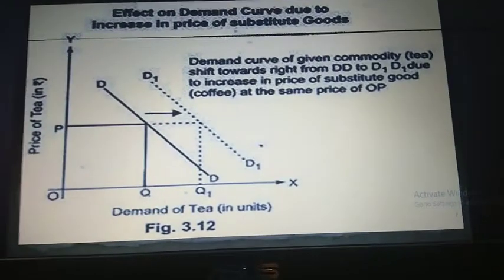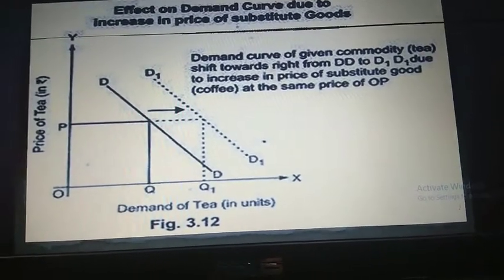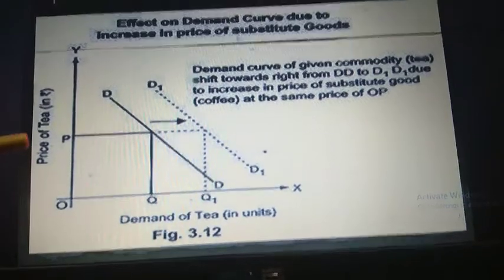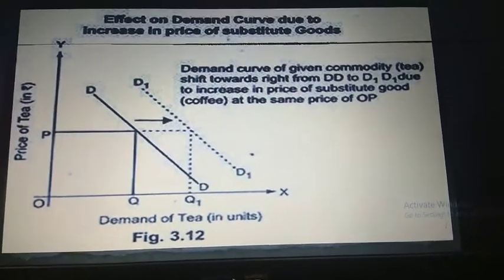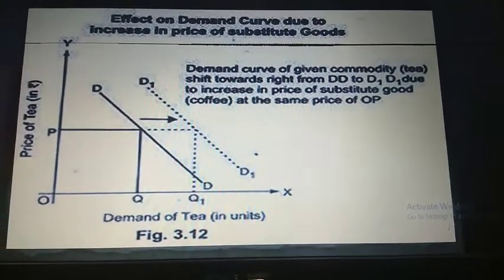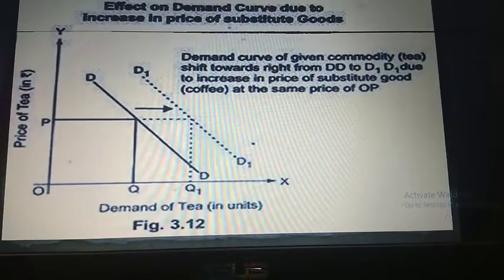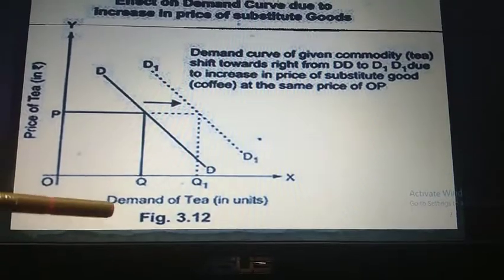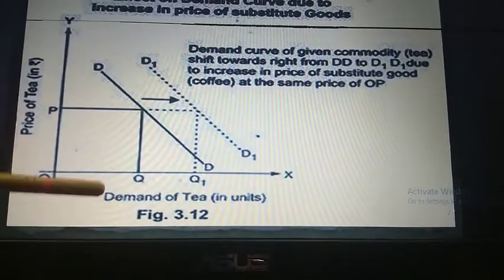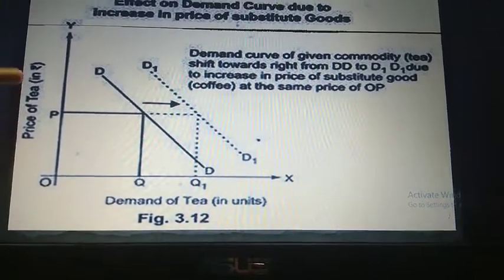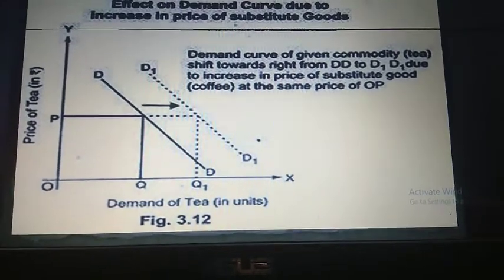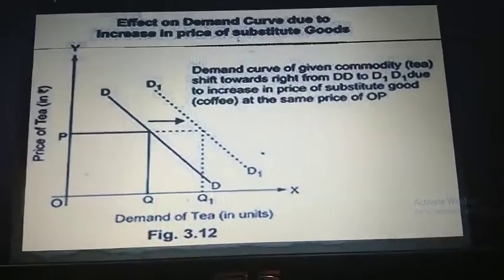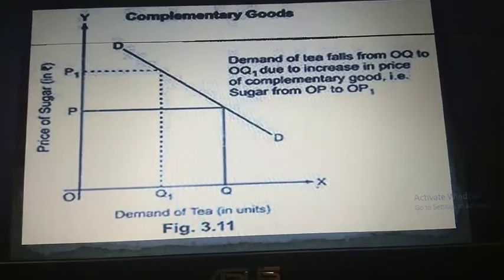Because whenever you draw a demand curve, always remember, no matter whether it is a case with a substitute good, a complementary good or any other case, while drawing the demand curve we take the demand of the given good and the same good's price on the y-axis. Look, I'm going to explain this further in a much better way.